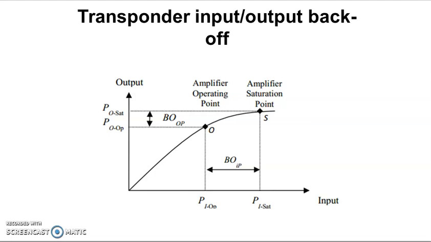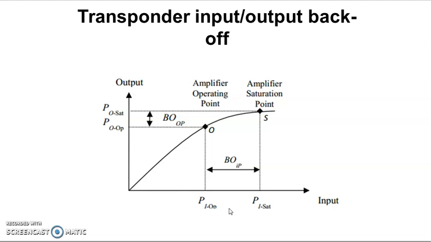Now for a saturated power amplifier, we need to know how much is the output and what will be the operating power. That operating power is in a non-linear region of the input-output transfer curve, that is shown in this particular figure. It corresponds to the saturation point in the S curve. We have the amplifier saturation point and the amplifier operating point, and we can see that it is to be operated at this particular output saturated power and input saturated power for this particular